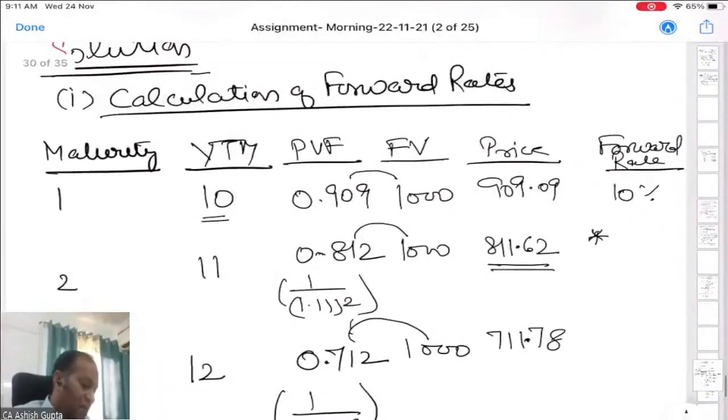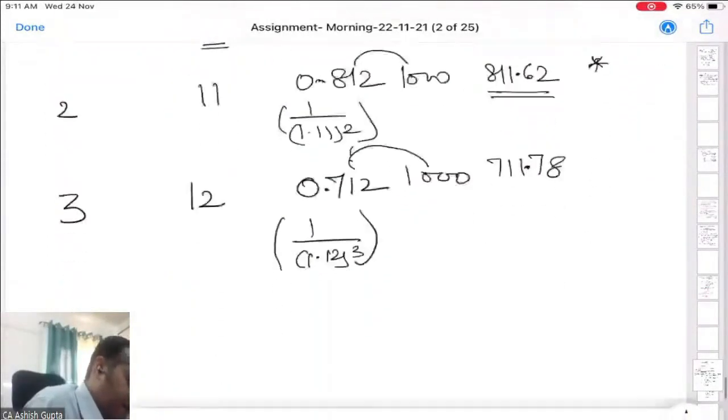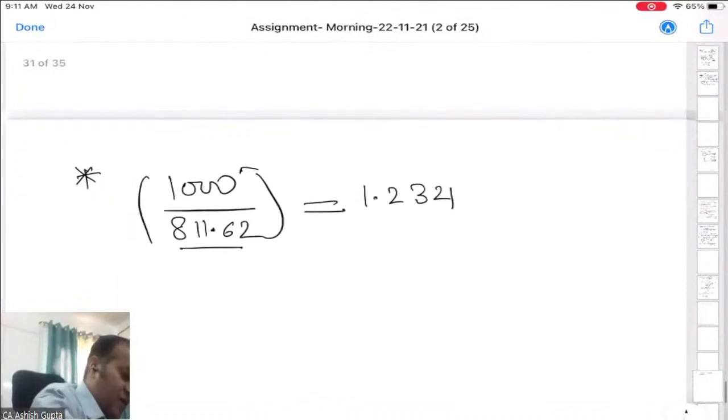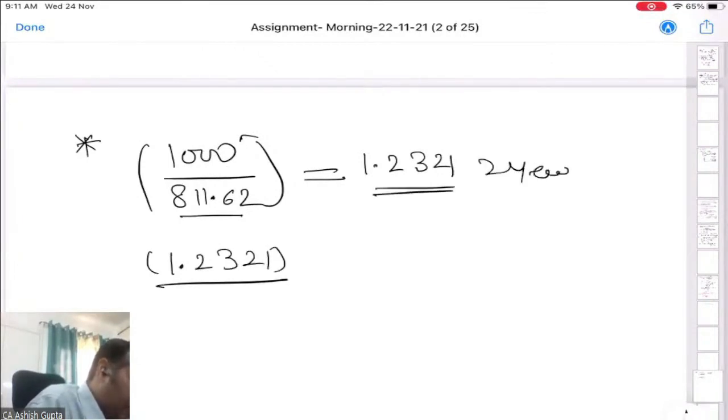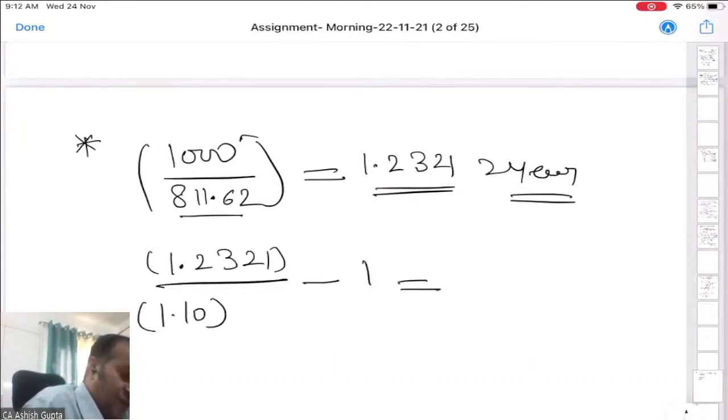But here for the 1 year we have an interest rate. So let us compute. So we can say like that forward rate will be, because this value is basically for the 2 years. So if we divide this value divided by 1 year, okay, so we will get the forward rate for the second year for the year of 1 year.